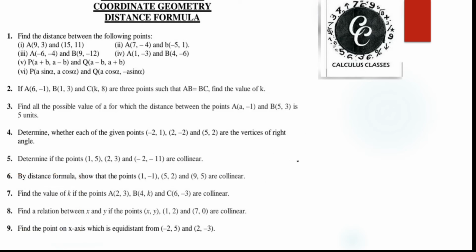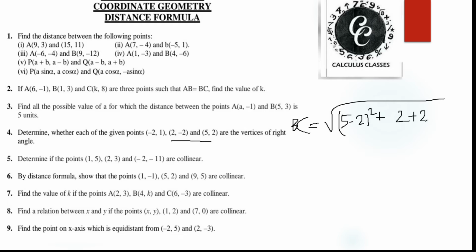BC. So see here, BC. We can take the values from here. What did we take for B point? 2, minus 2. I'll apply the formula here: 5 minus 2. Now you can answer it. You can see here only. The question is written, I have all the things. And this 2, and 5 minus 2, and what will come? Again it will become 4, 2 plus 2. See, minus 2 is there, so this time I'm writing directly 2 plus 2, as we found in the first case, and similarly it will become